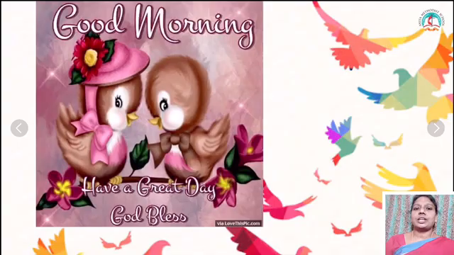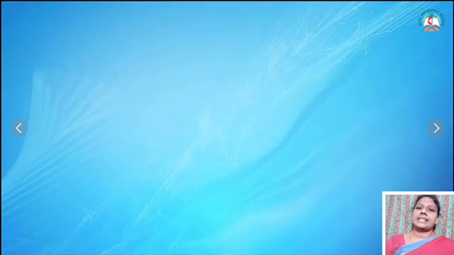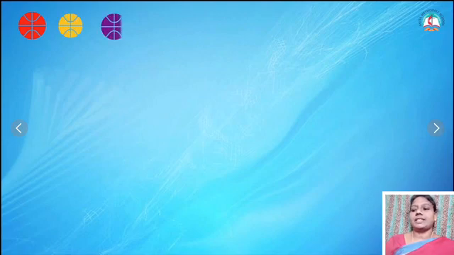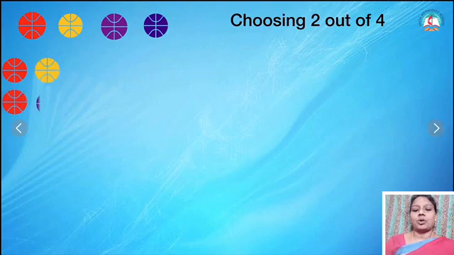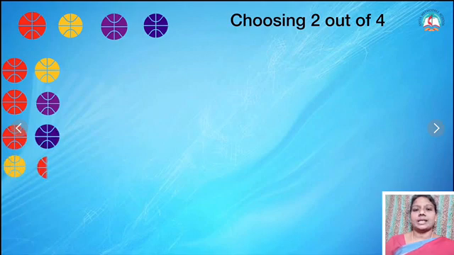Today, I am going to take you through an example to teach the new concept. First, I am taking four different colors of balls, in which I am going to choose only two balls. Then I am taking the possible ways of selecting two balls. If I am choosing two different color balls, then these are all the possible ways.